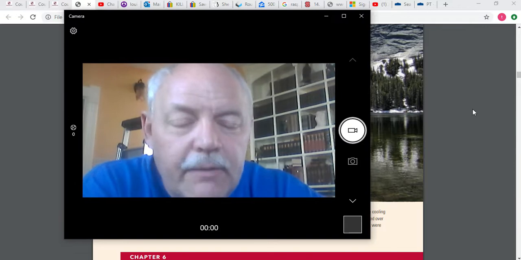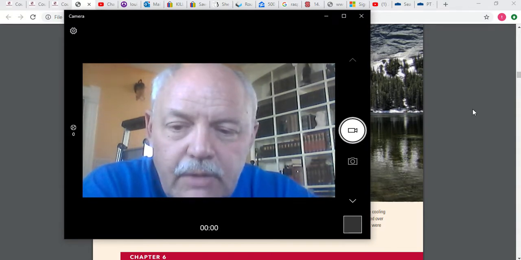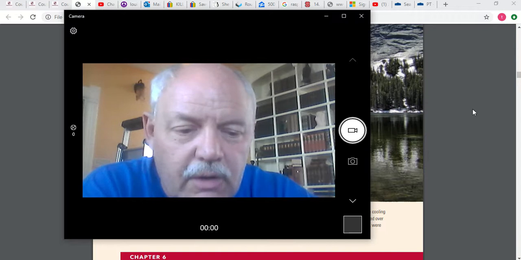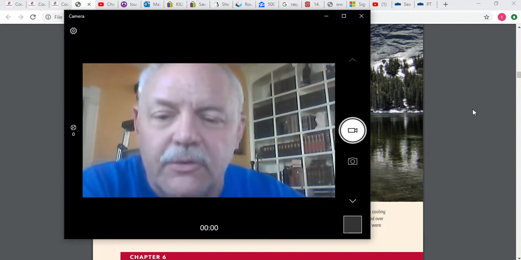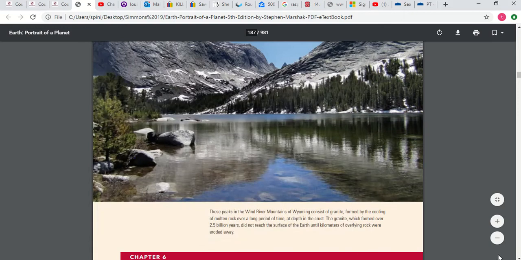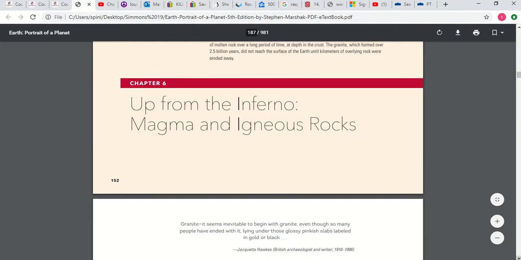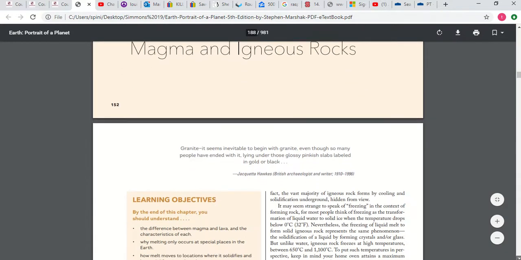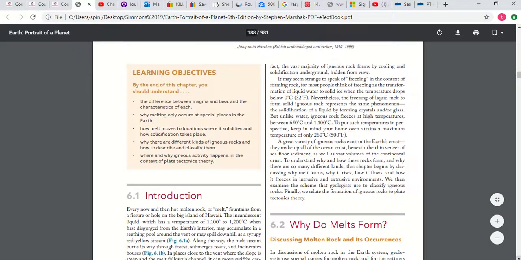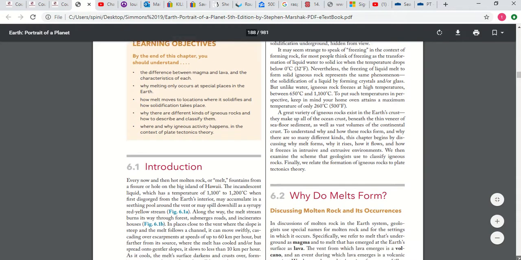So anyway, let's jump into chapter 6, and like I said, we'll get back to our chapter, and if I don't forget, I'll tell you the story about my piece of obsidian. So here's the book. Here we are in chapter 6. Up from the Inferno, magma and igneous rocks. And I hope this thing doesn't lag around like it does normally. So here we go. So in the introduction, it talks basically about what igneous rocks are, where they come from,